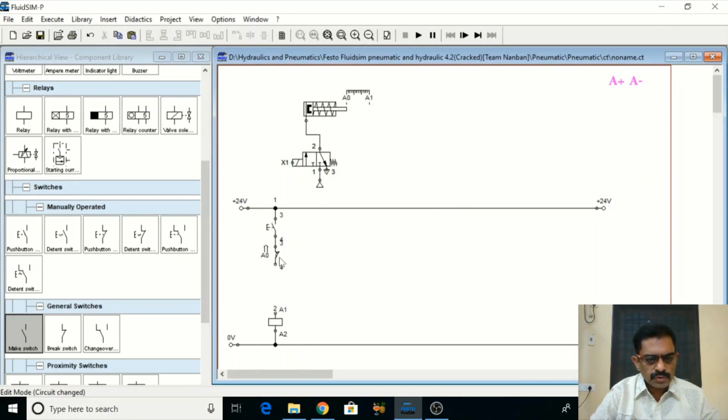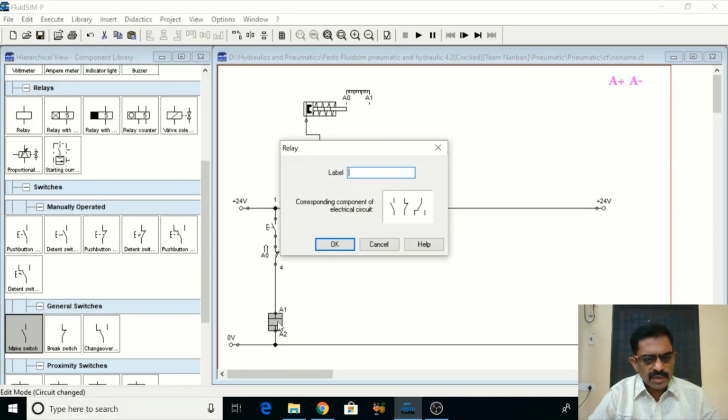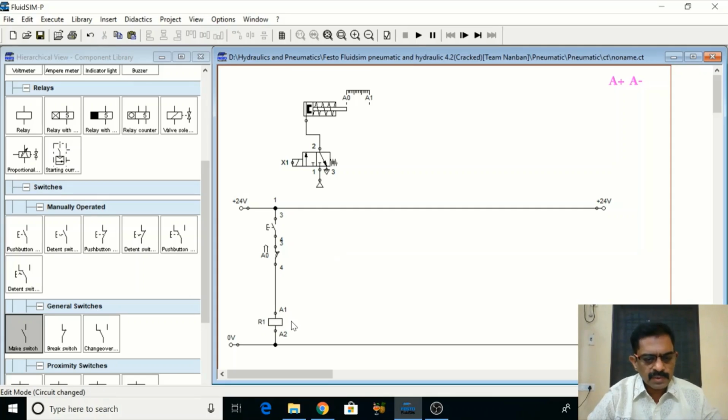So even though we choose the open switch, it is getting closed because the piston is at A0 position. So this position is closed, and to use this, I can connect it directly. So I can latch. So let me give a name. So R. So we are going to use only one relay R. So let me make it as R1.